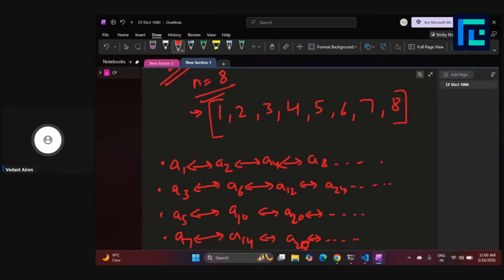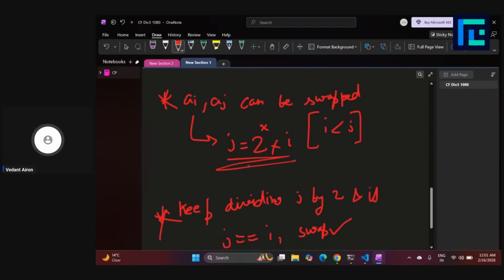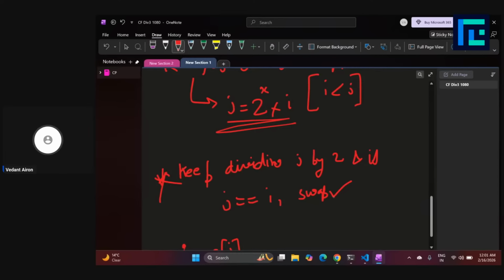But we can see this in one more way. We already know that the elements of A1, A2, A4, A8, final elements are 1, 2, 4, and 8 only, right? So that means our index is I, suppose, and our element is AI. Instead of dividing j to convert it into I, what we can also do is divide both j and I. We can keep dividing both j and I, and it will be reduced to some number that cannot be divided further. For example,